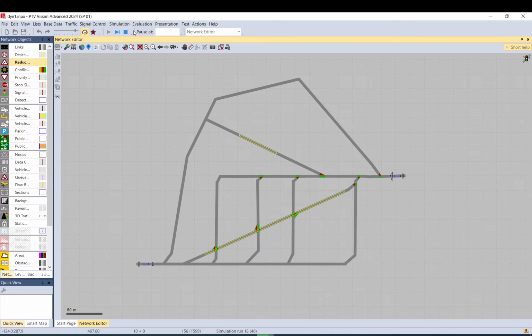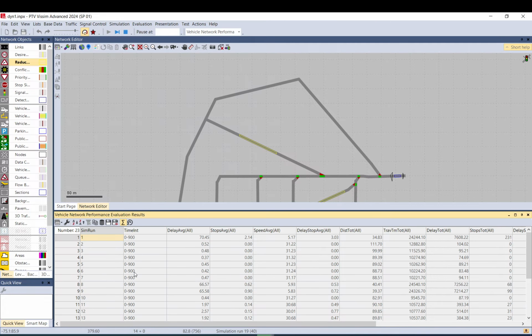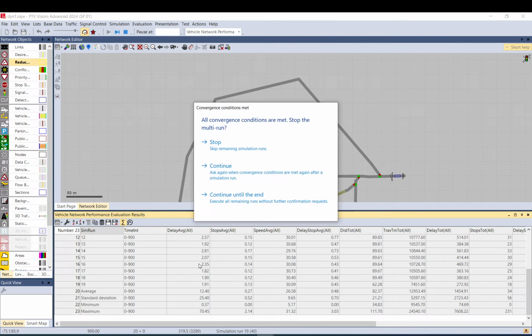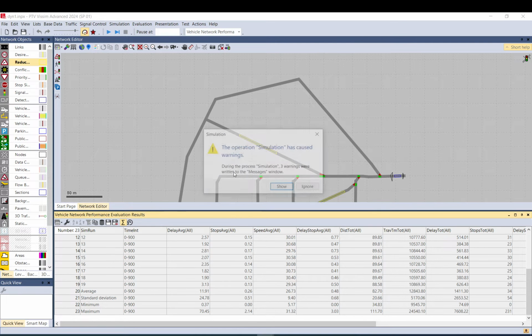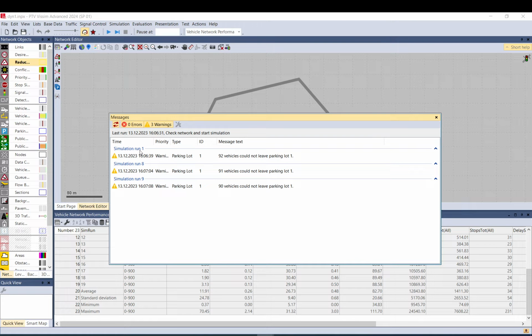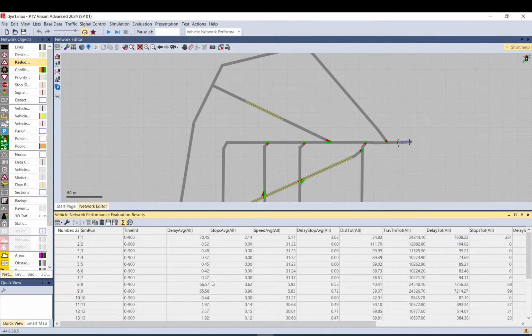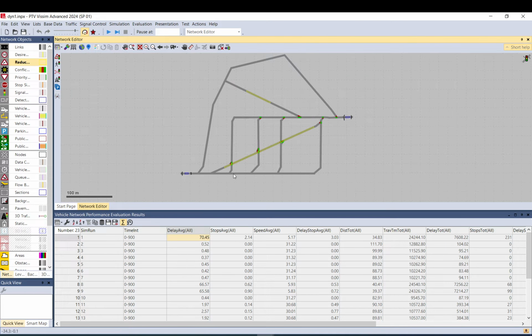And you can see in the meantime I open the performance, so you can see how it changes over the runs. Now convergence has been reached, so I stop it. There are some errors. In run 189, some vehicles couldn't leave the parking lots because of course it was congested. It was in the first few runs. You can see the delays are very big because it just picked the route probably that didn't have enough